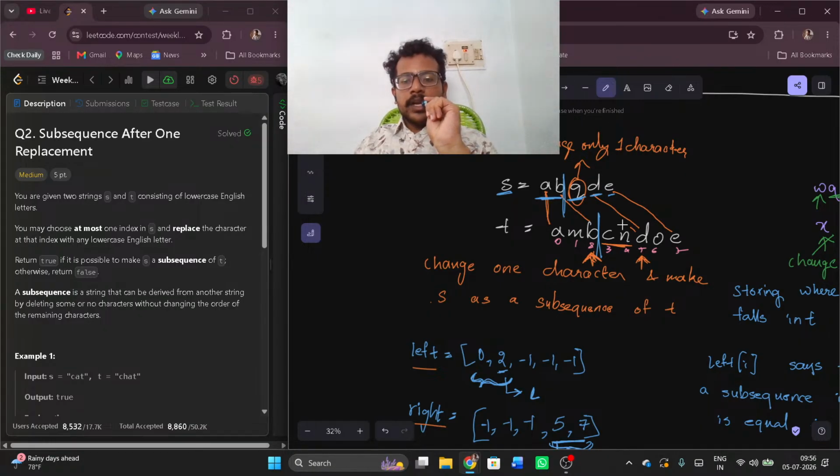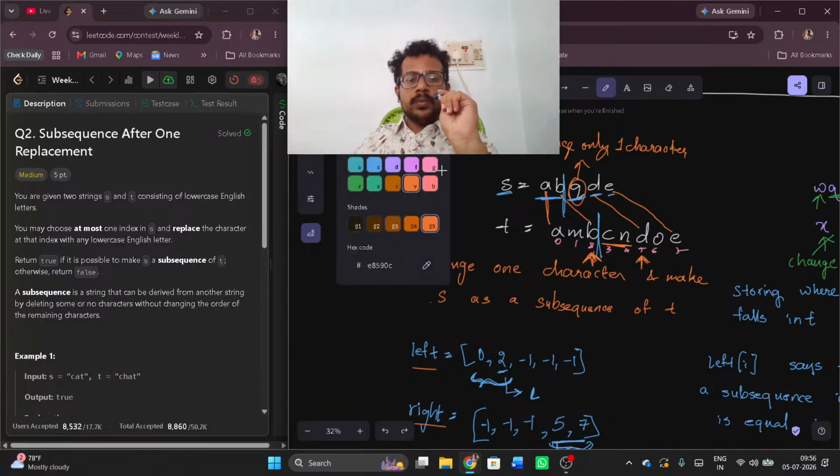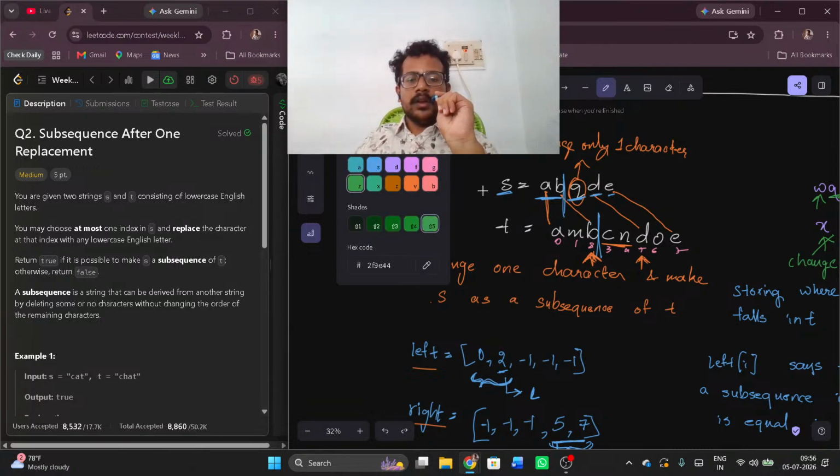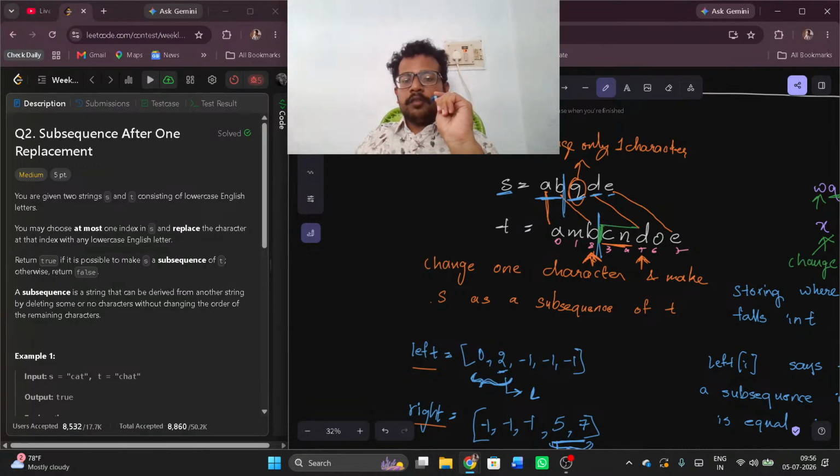Now, in between these two, let me use another color like green. If I have some indices, 3 and 4, in between these two, I have these, which means